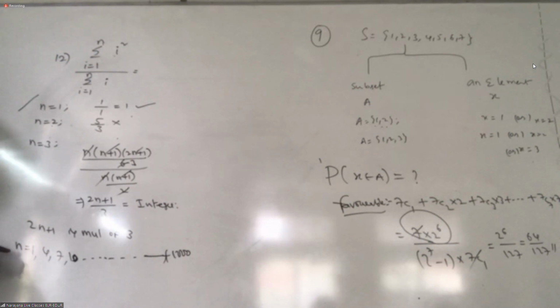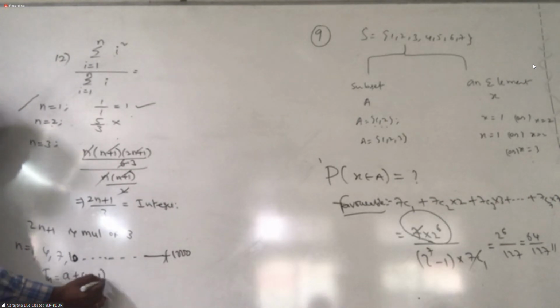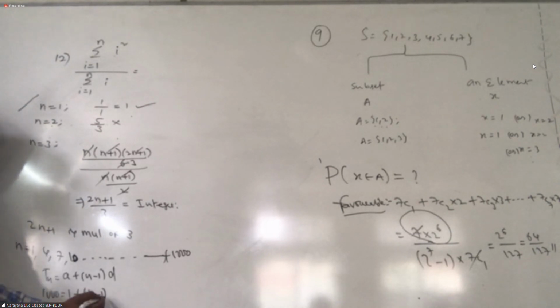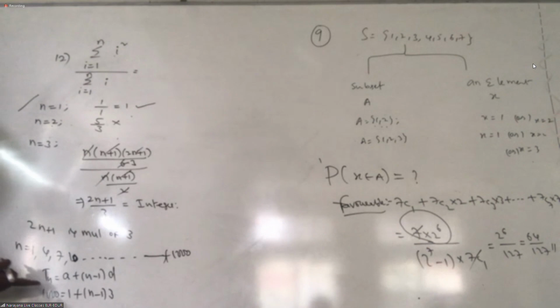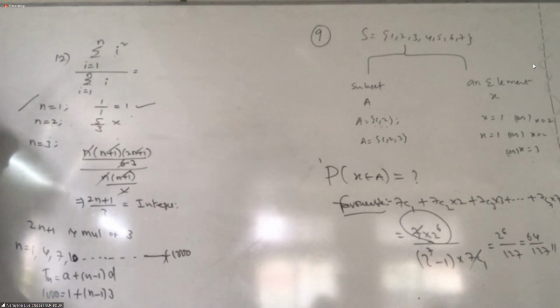Now you know that it is an arithmetic progression. Last term you know, first term you know, number of terms you don't know. Nth term you know, right? So Tn equal to a plus n minus 1 into d. What is the Tn? 1000 equal to a is 1, n we don't know, d we know 3. So which is 999 by 3, if you do 3 equal to n minus 1. N equal to